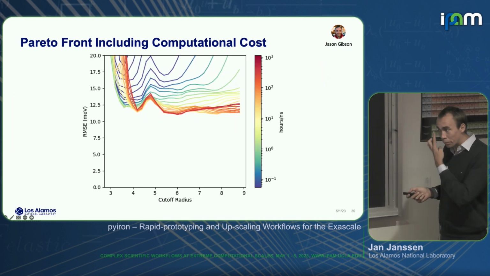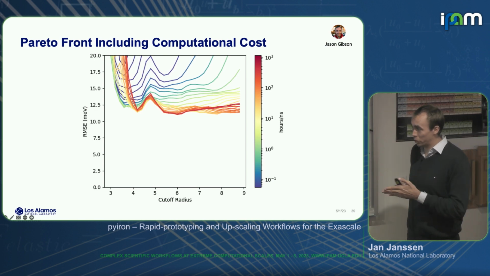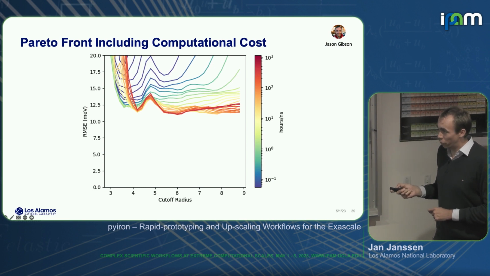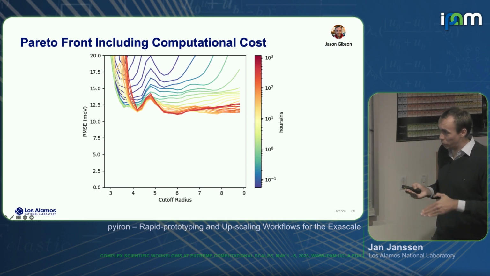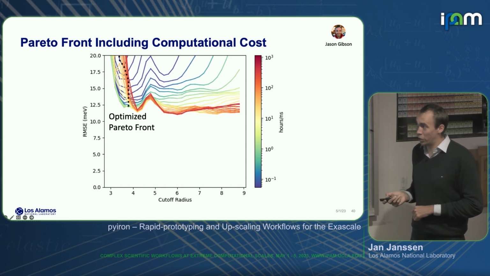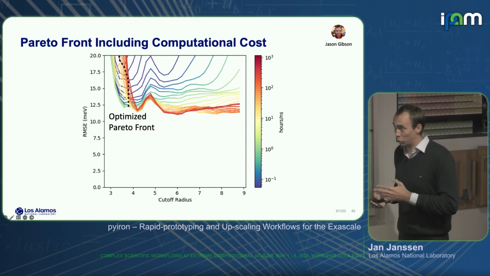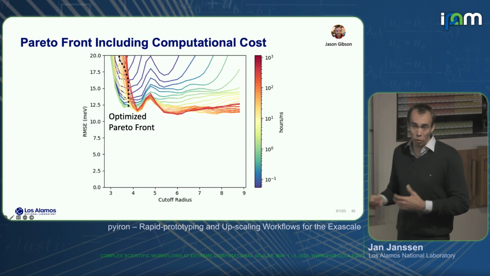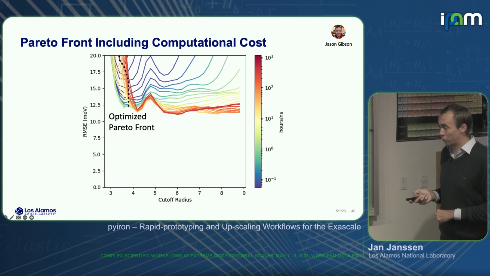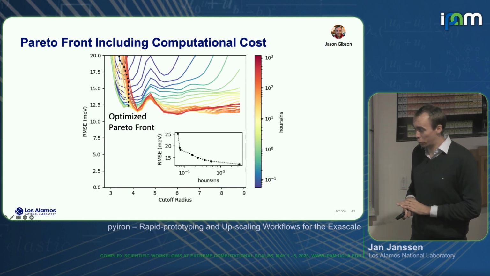And so that's what I did here. On these curves, the color of our lines represents the computational cost at this point. If we take one line and follow it from right to left, we see that the color becomes darker as the computational cost gets cheaper. And this helps us to identify a new optimized Pareto front: what is the cheapest potential to achieve a given level of precision? That is the quantity we are interested in for these long timescale simulations and for optimizing them. So we can again plot this in terms of our RMSE and computational time.